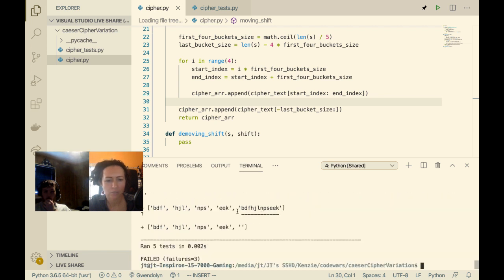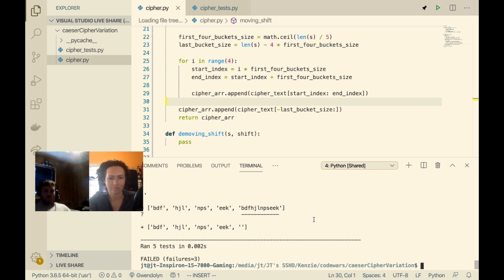Oh, for the last string, we have a problem with our fifth bucket because it's putting them all together. Because it should be empty. Yeah. And when it's not empty, what we're saying is the last bucket size should be 0. So -0 all the way is going to end up giving us.